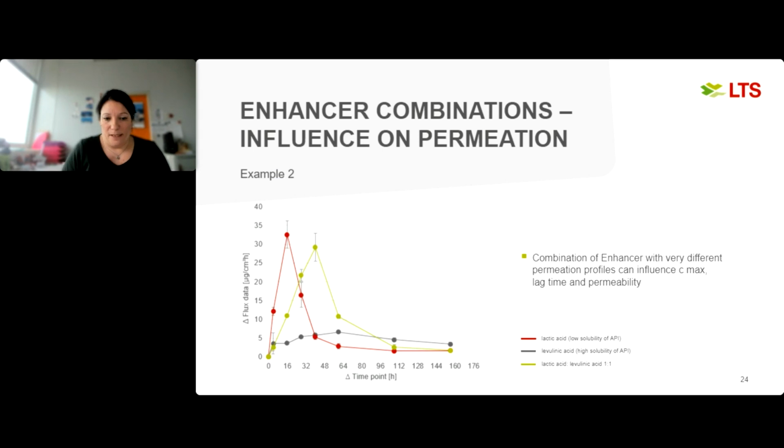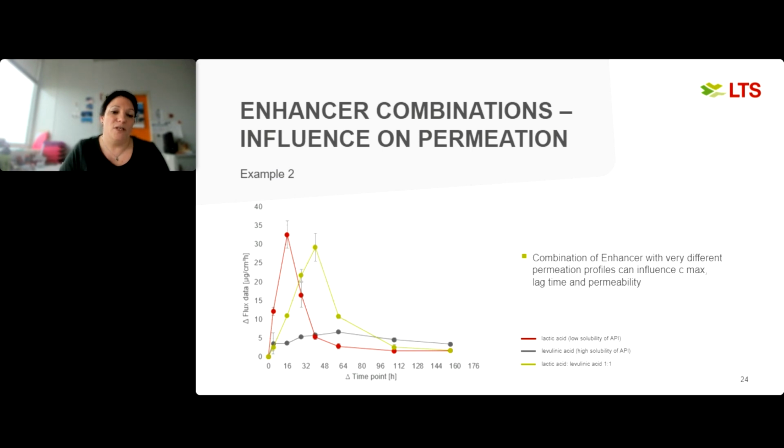This is a second example for this. So we have here the opportunity that we have a very fast Cmax with the one enhancer and a very low profile with the other enhancer. Again, the low profile is with the enhancer with high solubility for the API, and the other one is the enhancer with low solubility for the API. And you can see here after the Cmax, we don't have any more concentration pressure. And so we have a very, let's say, direct